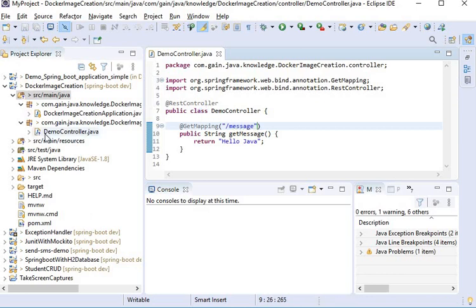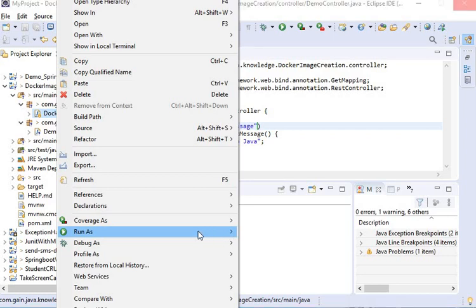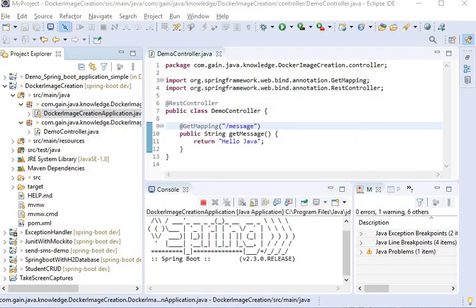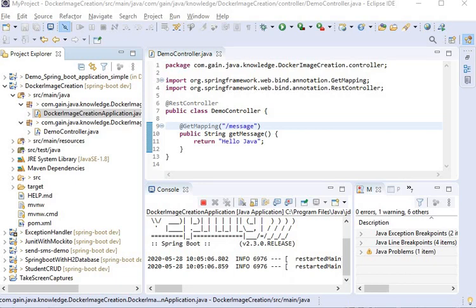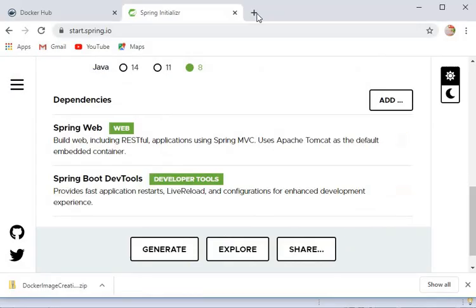Now I will run this application. Run as Java application. Now my Spring Boot application has started. Now I will go to Chrome to hit the endpoint that we have created.